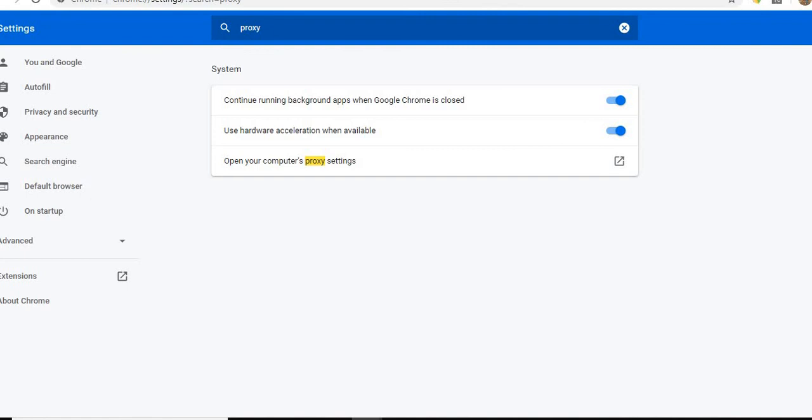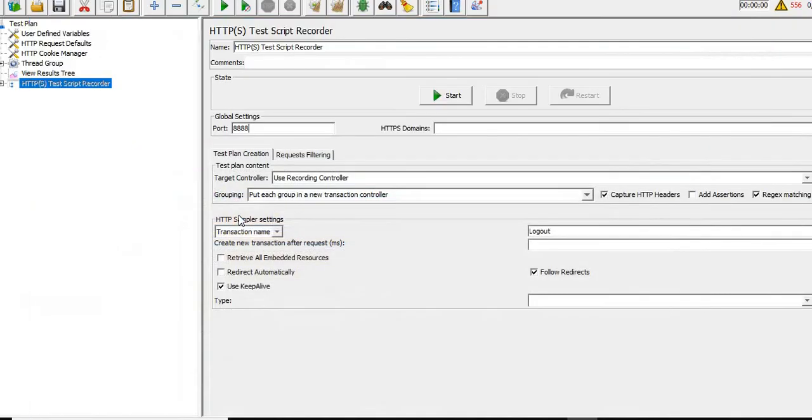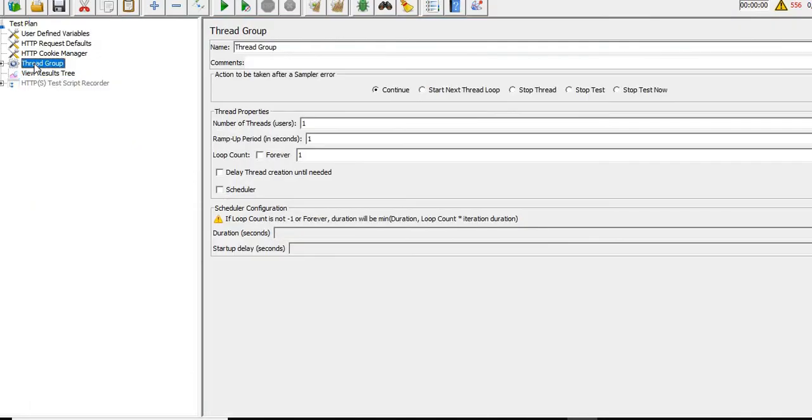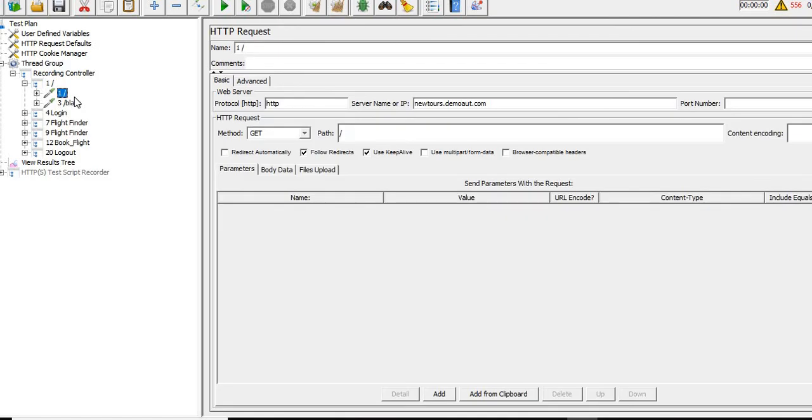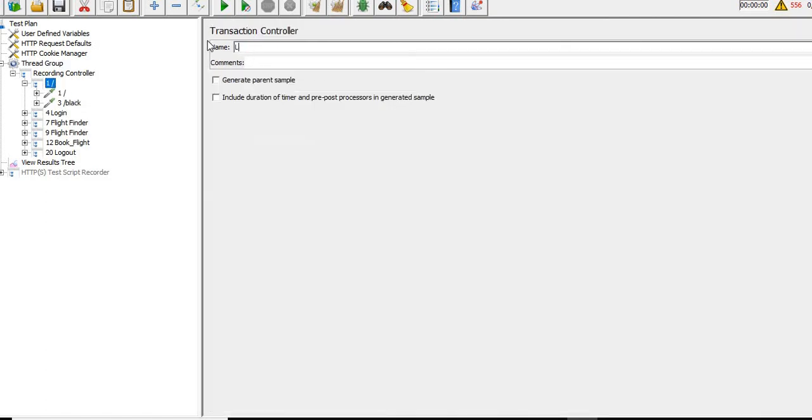When we open JMeter, we can see all the requests are there. Let me give them names: launch, login, flight finder, then next is select flight, then book flight, then logout.